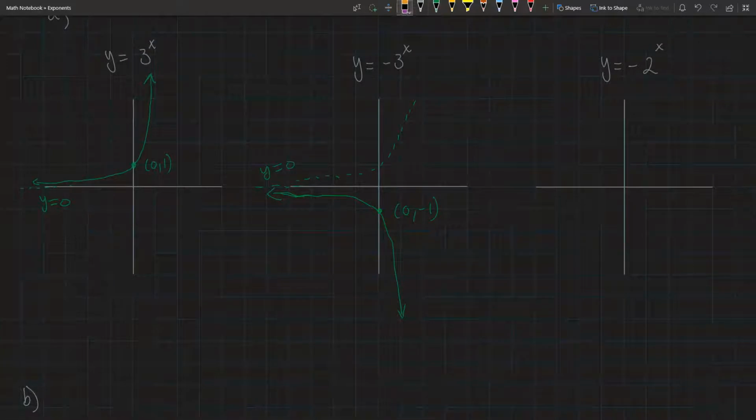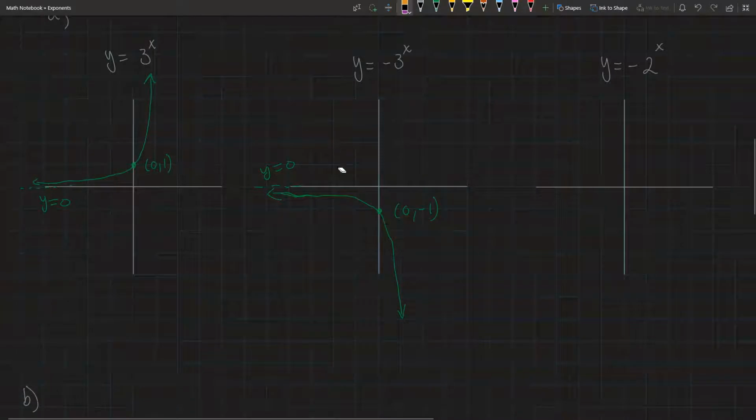All right, but that's the main idea. Everything that was positive now becomes negative. So in a way, how was this original parent graph transformed to become this one? The idea is everything that was positive now becomes negative. We've seen that before with quadratics and other functions, and that's known as a vertical reflection. It got reflected vertically. And same idea, if we know what 2 to the x looks like, then we know